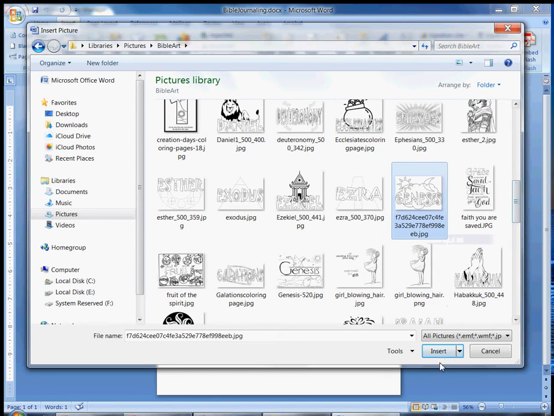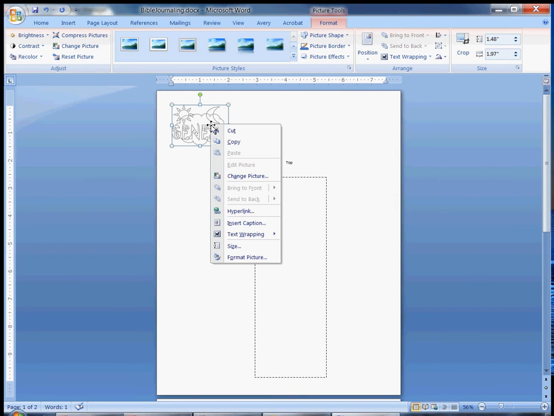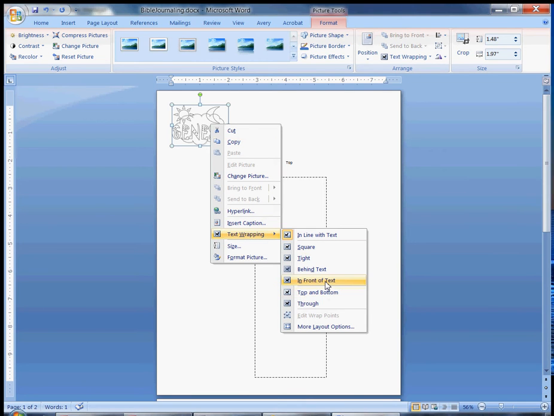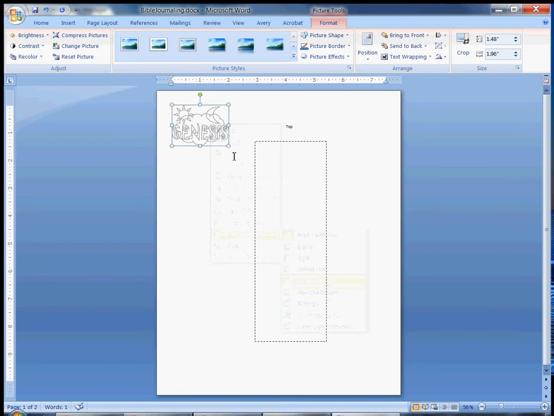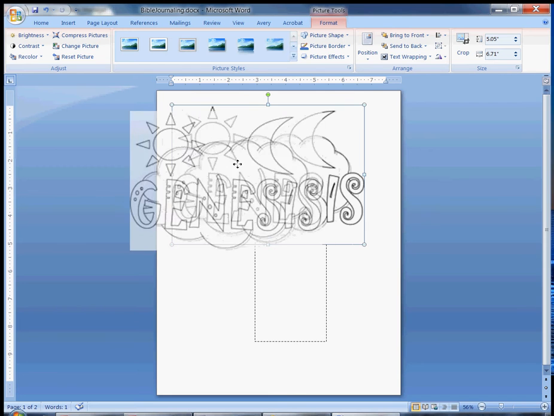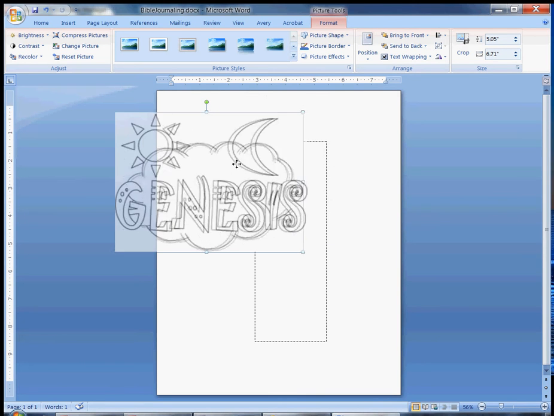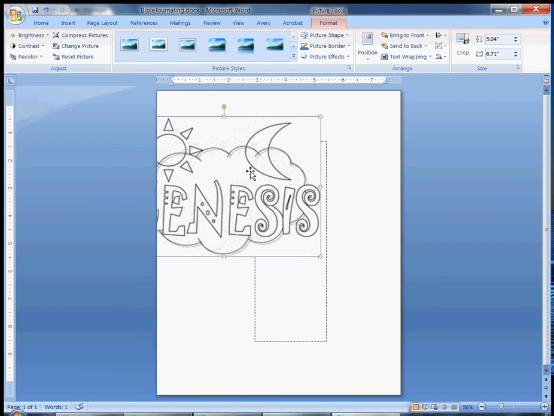So this is the Genesis, and I'm going to say insert, and then I have to right click and say text wrapping in front of text so that I can resize this. And then what I do is I'll turn this around so that I can put it in this rectangle. But as you can see, it's going on top of there, and so it's not see-through, and it needs to be see-through. So let me first show you this easy one